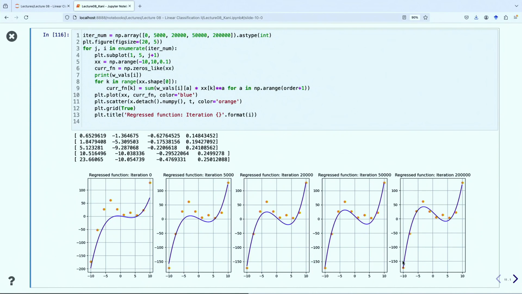Kind of neat to see the curve evolving over time. All that makes sense? Okay, so